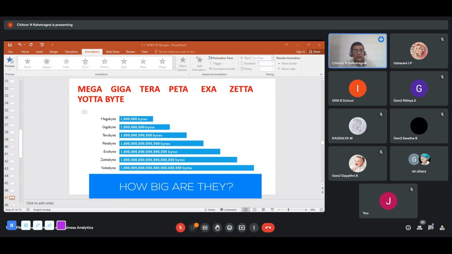Thanks to cloud servers, all of this data gets stored. But the problem is, most of the companies have this data and do not know what to do with it. That's the biggest problem. Let me give you some examples. Typically, on a day, what kind of data is generated by us or by the companies?